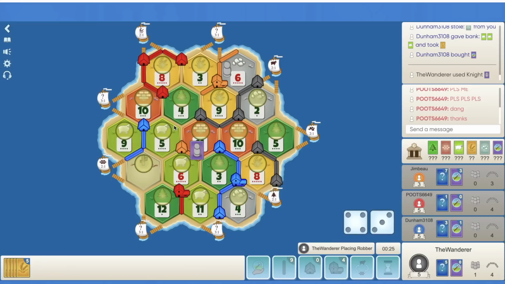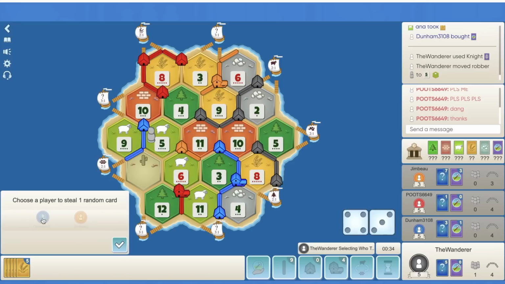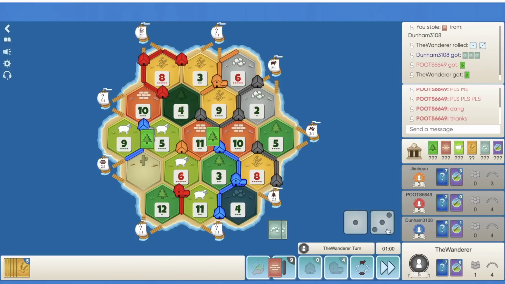I kind of want to block him here too, but it's just like, is the 5 really worth blocking him on? Probably not. It does slow orange down though. I'm probably going to do it, and I am going to steal from... did orange get ore before? No, I'm going to steal from blue. Get a brick. We'll take that, and a wood. Okay, I think we need to be taking road here. As much...